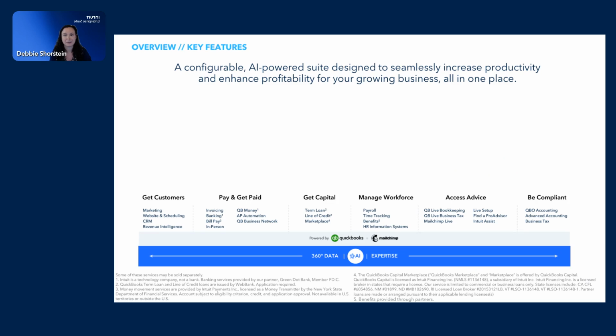So let's get into some of the details. We know that each of your clients are unique. So we intentionally built this as a configurable solution so that we can best meet your clients' needs. It's AI powered so that you can increase productivity as well as enhance profitability for your clients' growing businesses all in one place. And we start with the base of really serving all of those key needs to be met